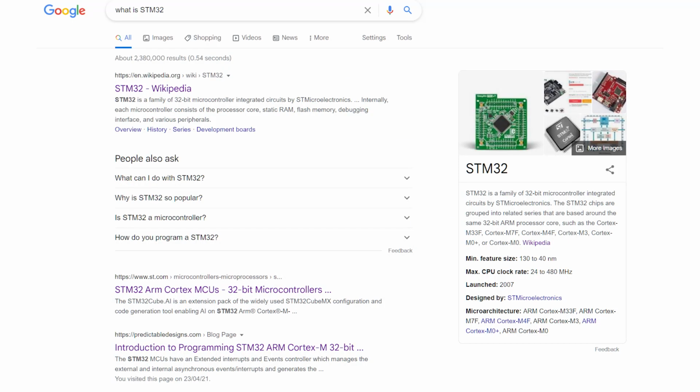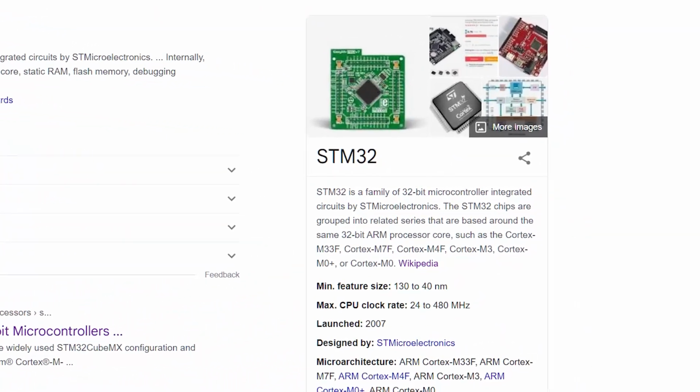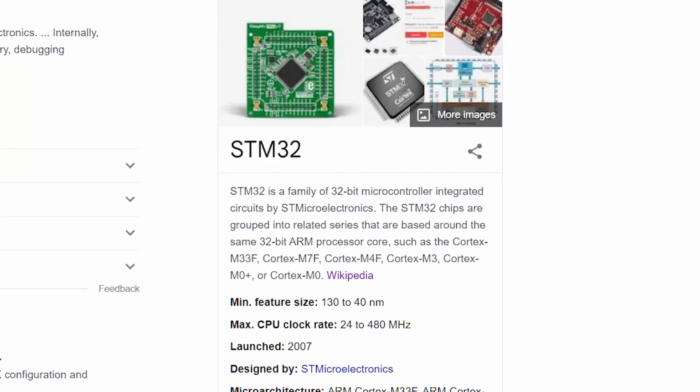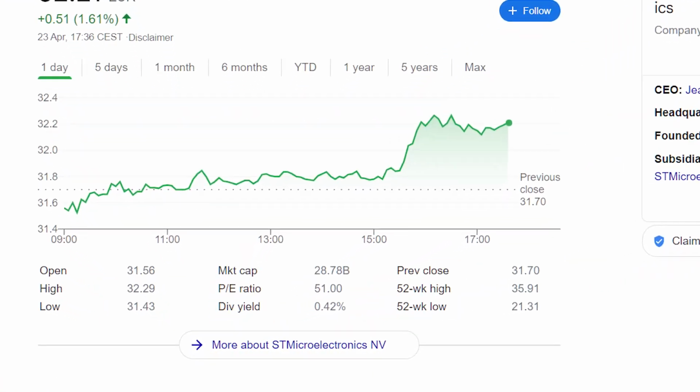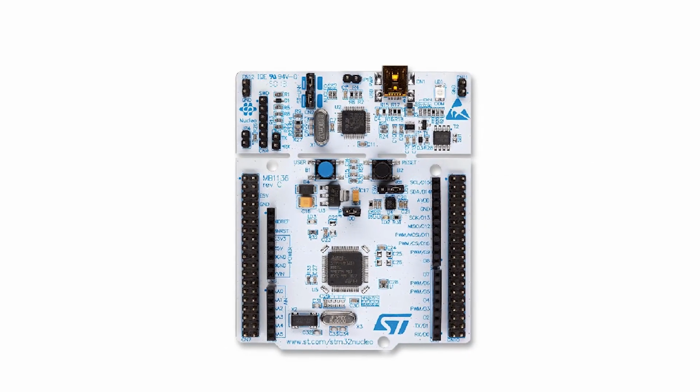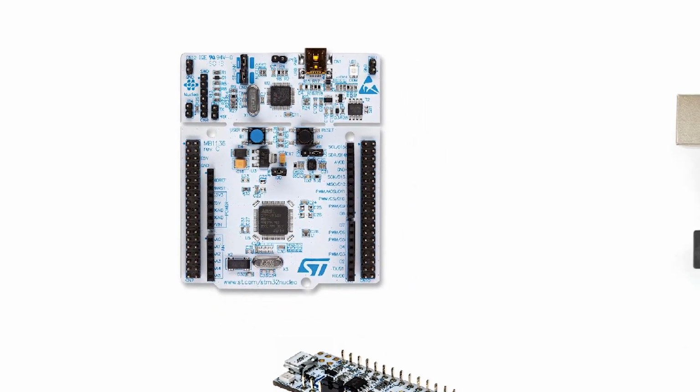What is STM32? It's a group of 32-bit microcontrollers which are designed by ST Microelectronics. I've never heard of them before either, but apparently they're a very big company worth around $28 billion. So yeah, fairly big. Since I just recently started learning about STM32, I've personally found it very useful to